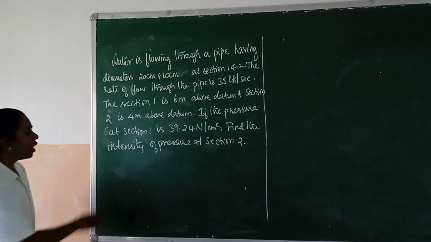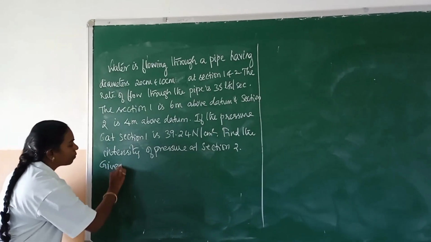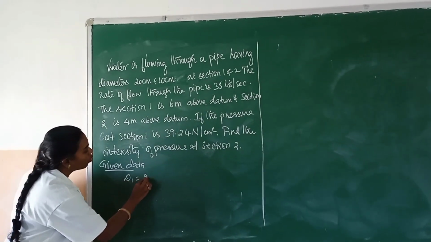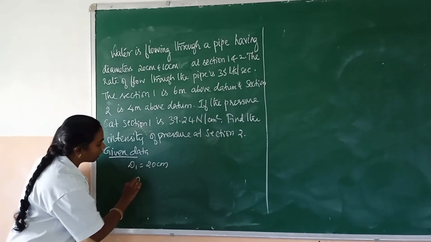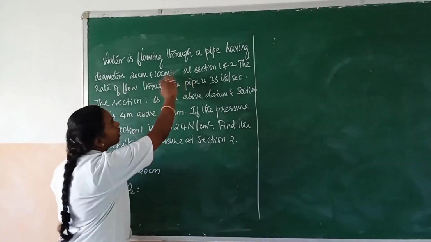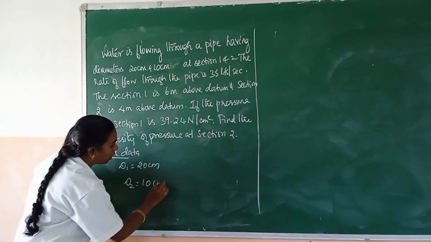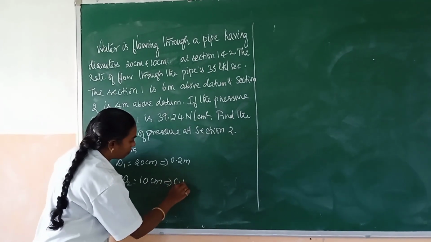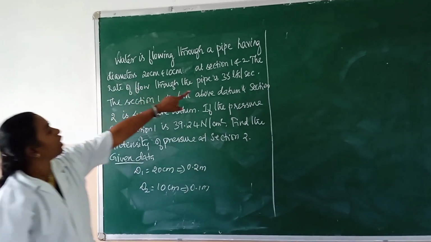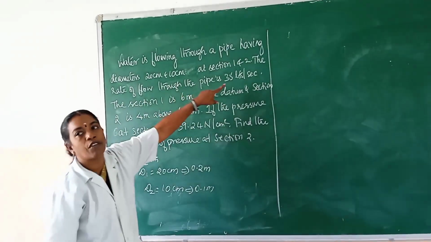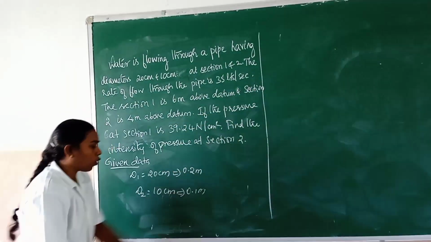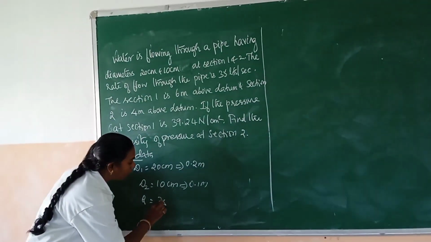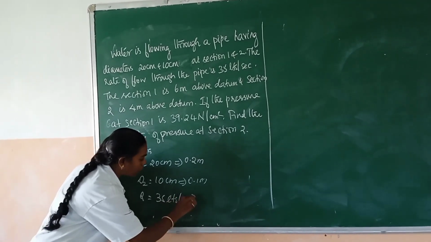At section 1 the diameter is equal to 20 centimeter and at section 2 the diameter is given as 10 centimeter. D1 and D2 are given. The other thing given is the rate of flow through the pipe as 35 liters per second. This is the rate of flow, Q, which is equal to